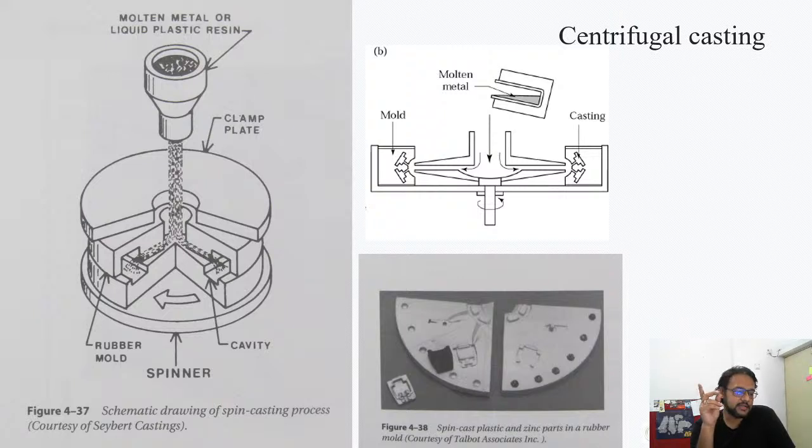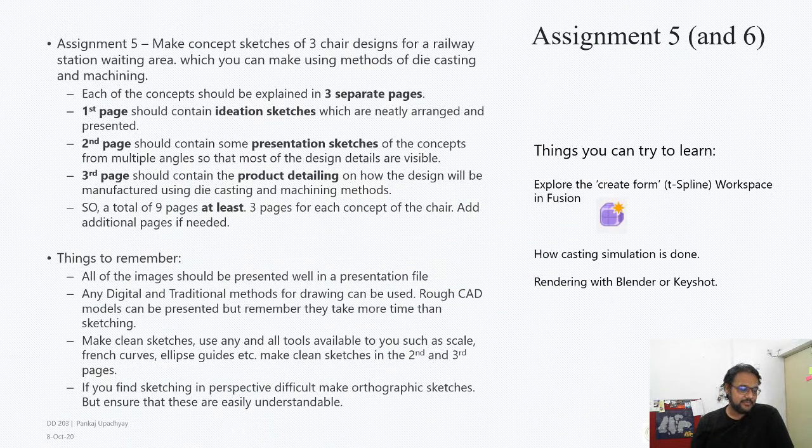Okay, so that brings us to the assignment, and this time it's a slightly complicated assignment, I think. Let me move myself to the right place. Okay, so there are two assignments which are linked. So the first assignment, the fifth assignment, not the first assignment,